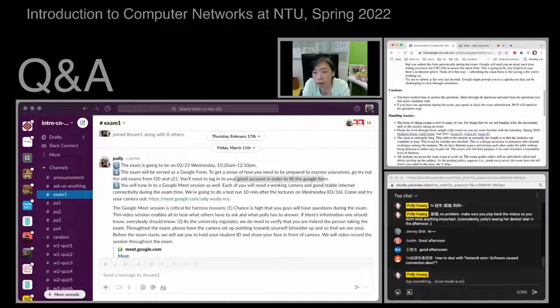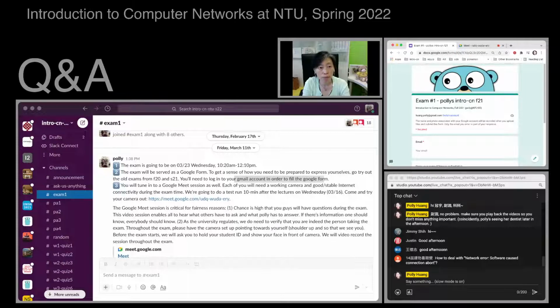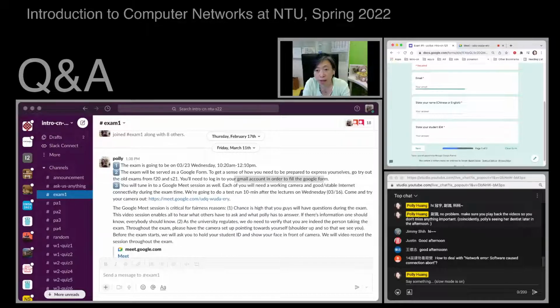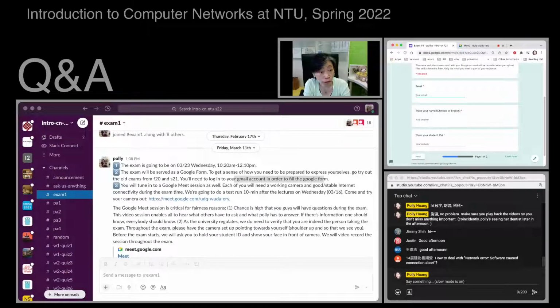So for example, fall 2021, exam number 1, if you click in, voila, it's a Google form. And you start by typing up your email. You definitely want to make sure that there's no typo here, because once you submit, Google Form will send your form back to your email so you can confirm what's going on. And from that email, there's a link, so you can click back to the form that you have been working on.